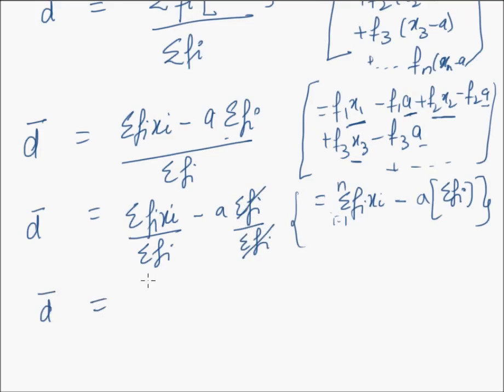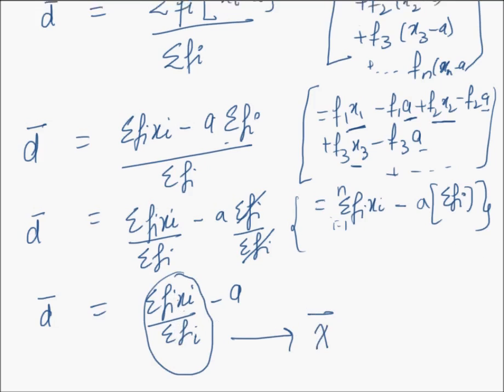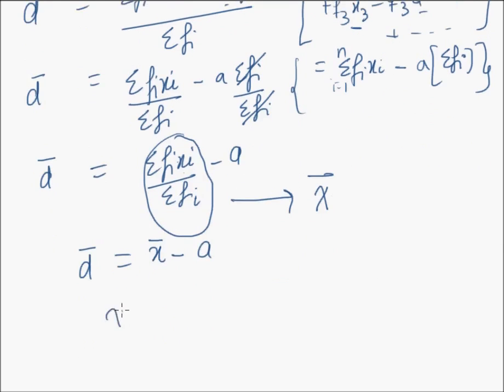So we have d bar as summation fi xi over summation fi minus a. Friends, what is this? This is mean, that is sum of observations over total observations or total frequency. So we have d bar as mean minus assumed mean,